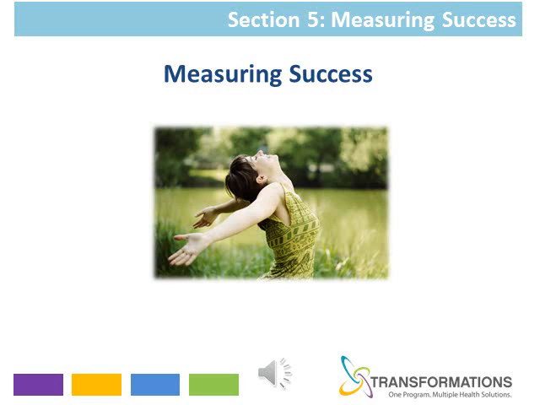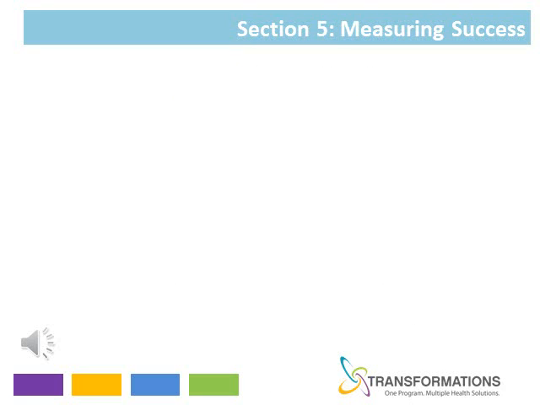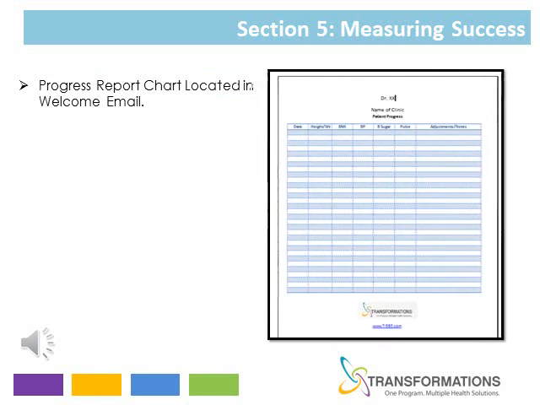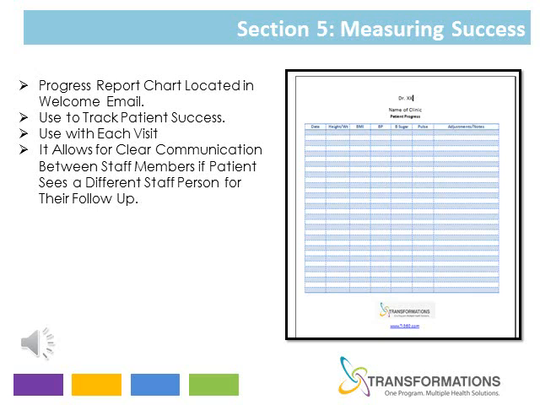If possible, use pictures and video to remind patients and motivate others of what can be accomplished with the Transformations 360 program. Here are some forms to measure and keep track of patients' results. Please refer to the patient progress report, which you can use to track your patient's success. Use this progress report chart for each visit with the patient. Additionally, it allows for clear communication between staff members if the patient happens to see a different support staff person